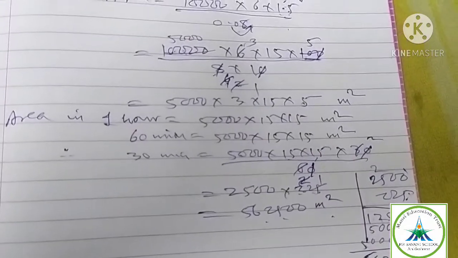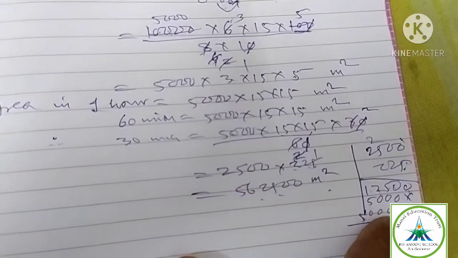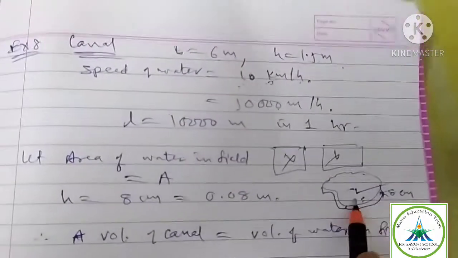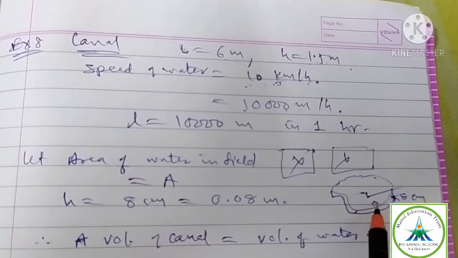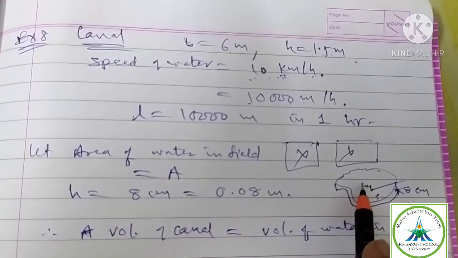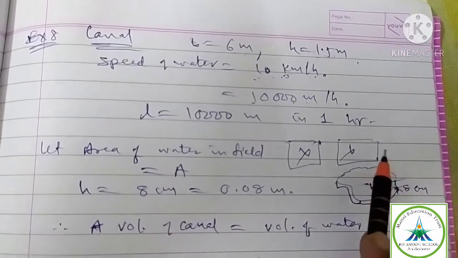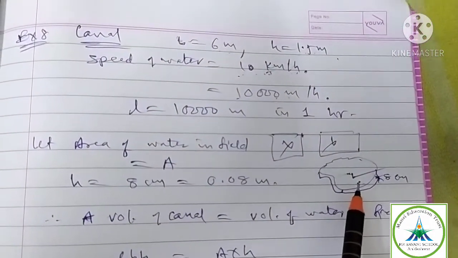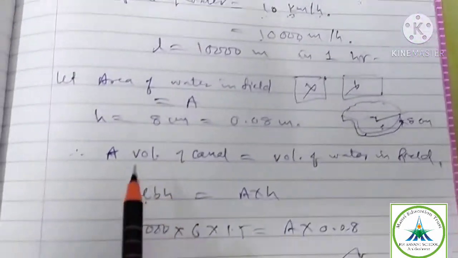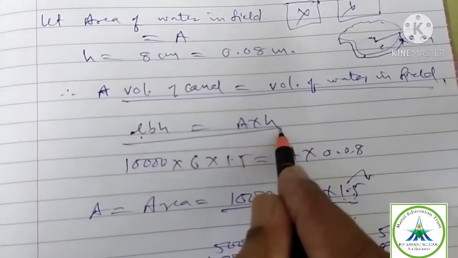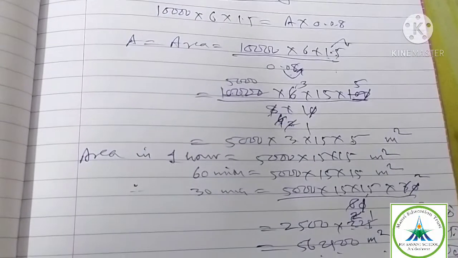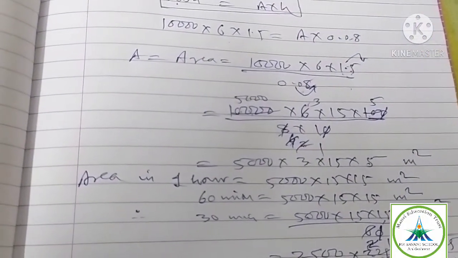Got it, children? So try to understand this example. Watch the video 2 times. The important thing in this example is this. Students are getting confused. Only the height is given, the area is not known. Area is always irregular. So area multiplied by height is volume. So the volume of water from the canal will be equal to the volume of water in the field that is spread. So this is important. Okay, this combination is very important. You must know it. I hope that you will understand this. Watch the video 2 times. Understand. Fine. Okay.